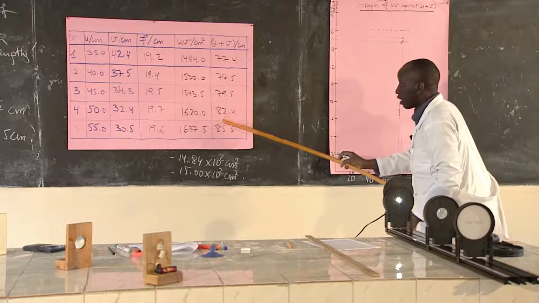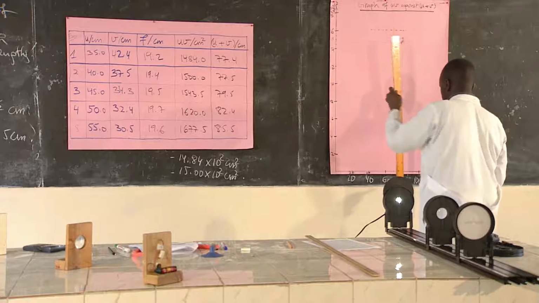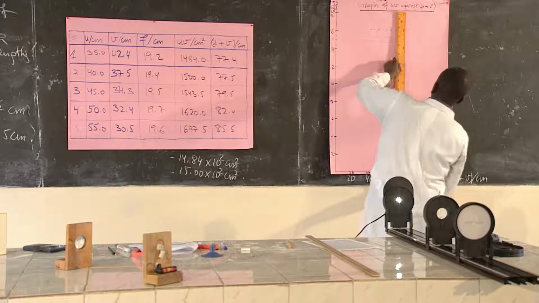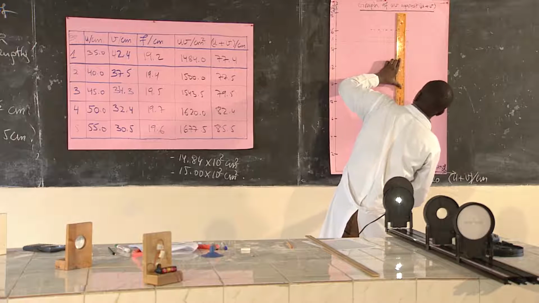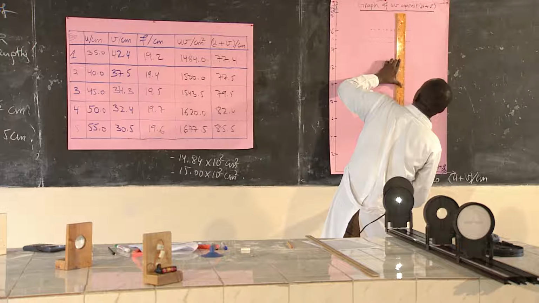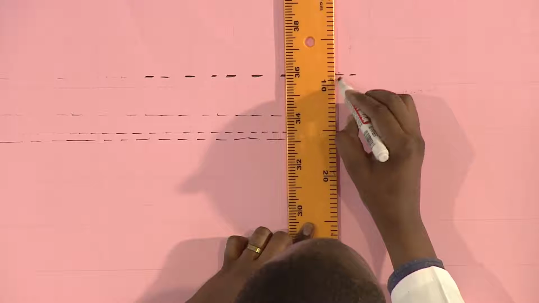As we see there, 82.4, it means that this is from this axis, this is 80, and then we have now to find this point, and the point is